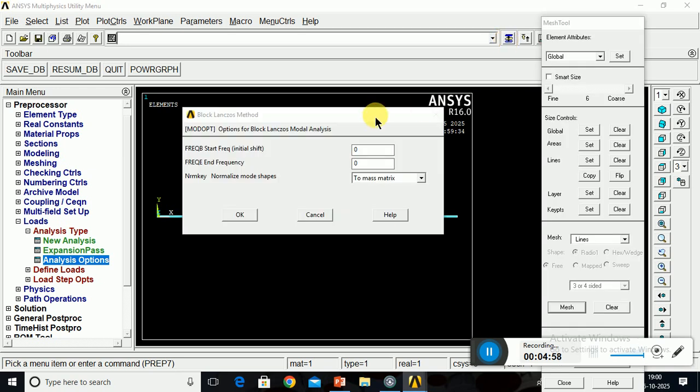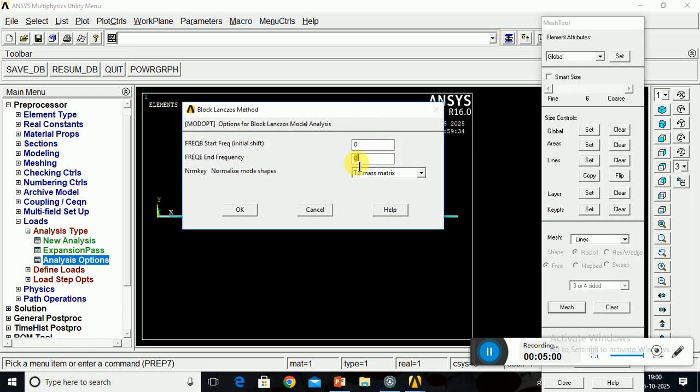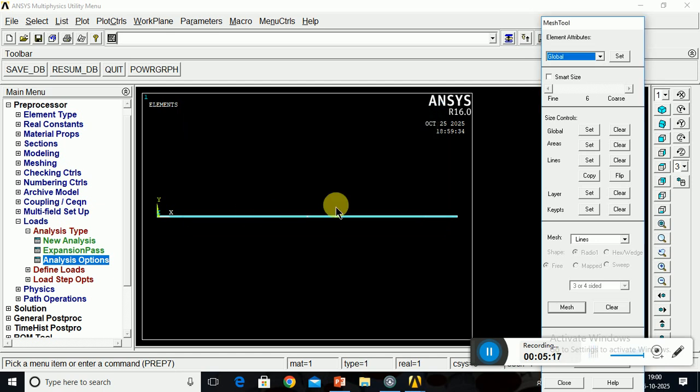Okay, so if you convert that, I will give here an approximate value. So I can assume 30,000 rad per second. So ANSYS will calculate all the frequencies below this range. Okay, so keep this to mass matrix.